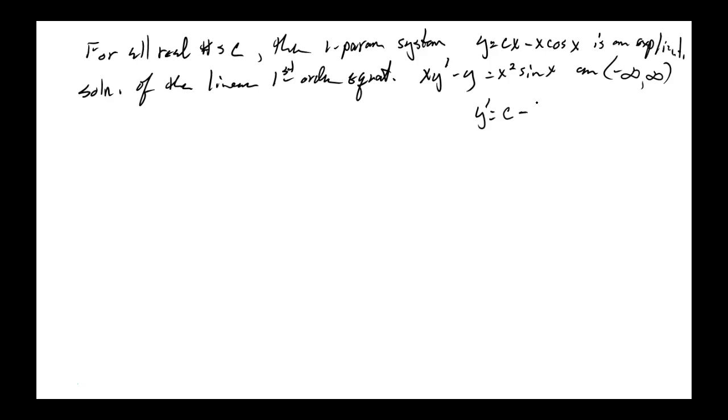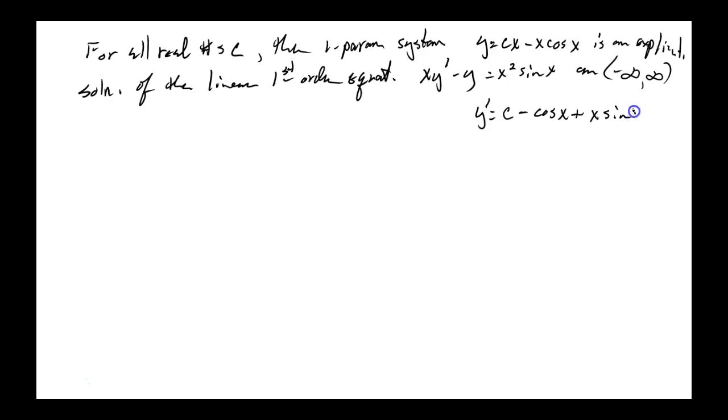Okay, not quite. This is a product rule, right? So it'd be C minus the derivative of the first, which is 1, times cosine x, then minus from that sine times, it's going to turn out being a plus